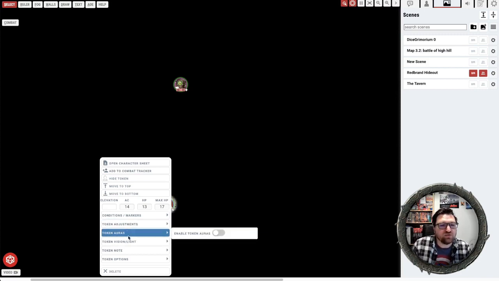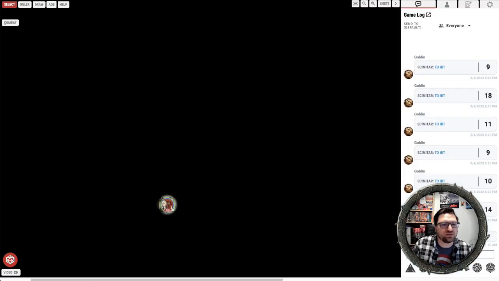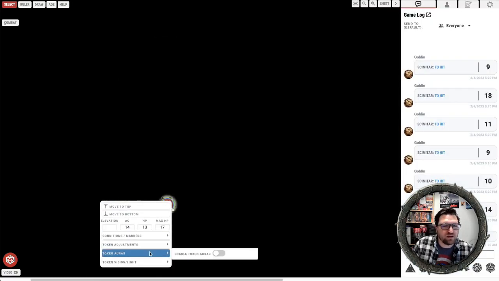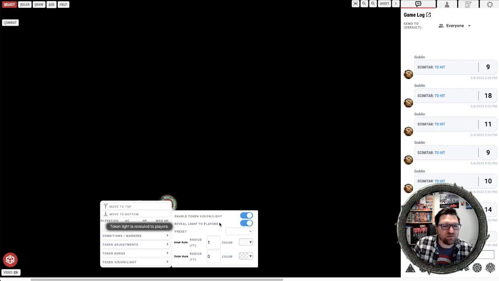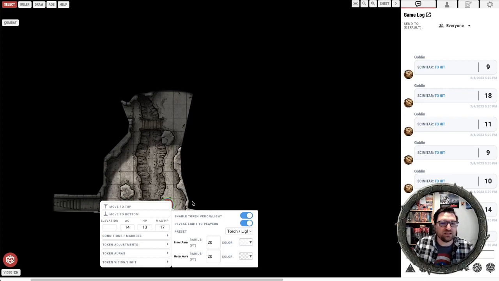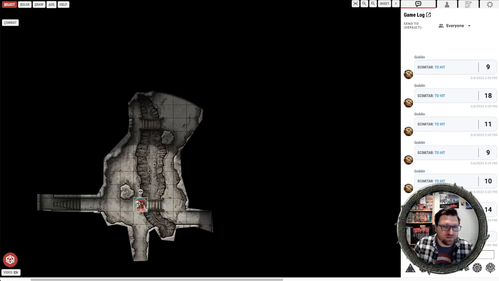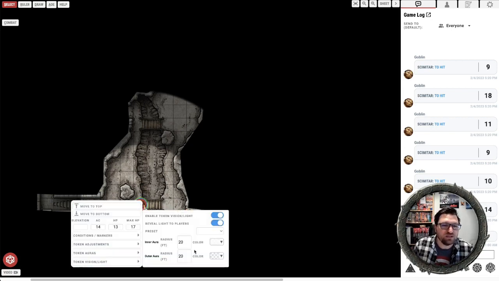So I've gone into my settings of my character itself, so I can actually do this on Trevor's side. So Trevor can only see, I have my vision, and I would reveal it to other players because I'm carrying a torch, and you can set a preset here for just a torch. And now I can see 20 by 20 because I'm carrying a torch around. Now I like adding the token in there so the flames burning, and it's fun. It's neat. But really, when it comes down to it, Trevor needs to be able to see,